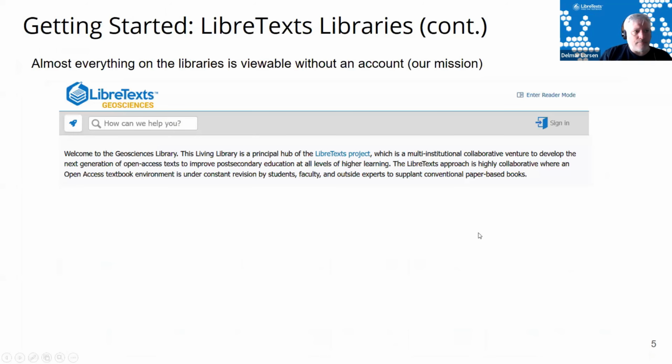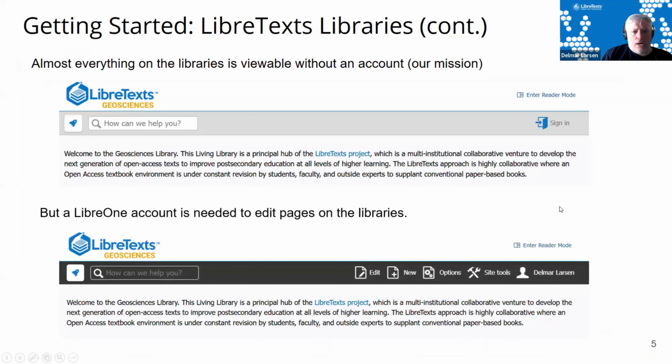So if you go to our libraries, and this is just the Geosciences library, if you don't sign in, the bar right here will be gray. If you do sign in, the bar here will be black. And that gives you the ability to edit certain pages, depending upon what your permissioning is set up for your account. But when you actually get involved in building things, and I encourage you to capitalize on the Libre One account to get your fingers dirty, in a virtual sense, you need this to be able to do so. So it's the first step, to make sure that once you've signed in, you can do that. And your name obviously comes on this bar right there.